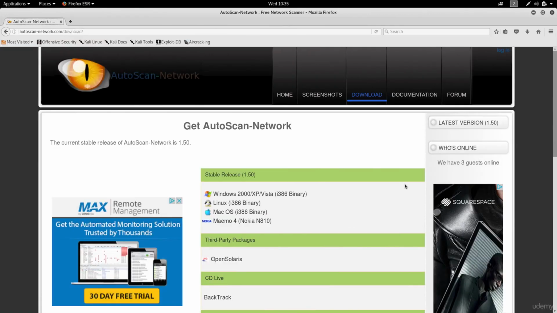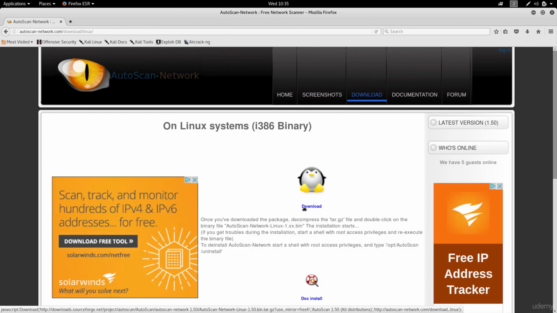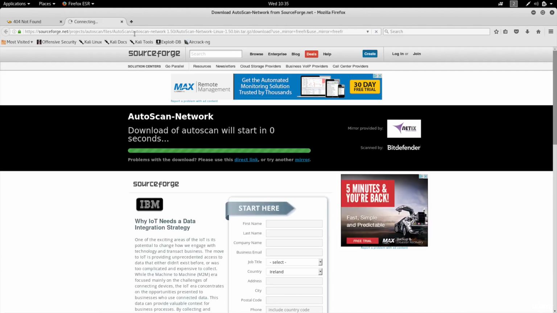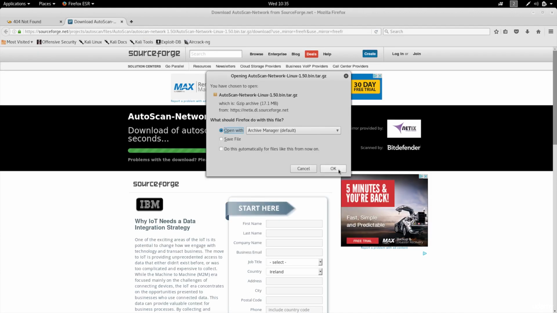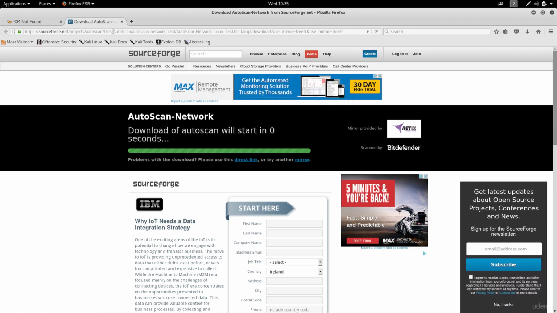So I'm just going to go to my Kali machine, and it's right here. You can download the Linux version from this link. The problem is the latest version, which is 1.5, actually has a bug, so it doesn't work very well. So what I'm gonna do is download an older version, which is 1.42. So I'm just gonna ignore this, click cancel, and go to files here. I'm just gonna delete everything in there,